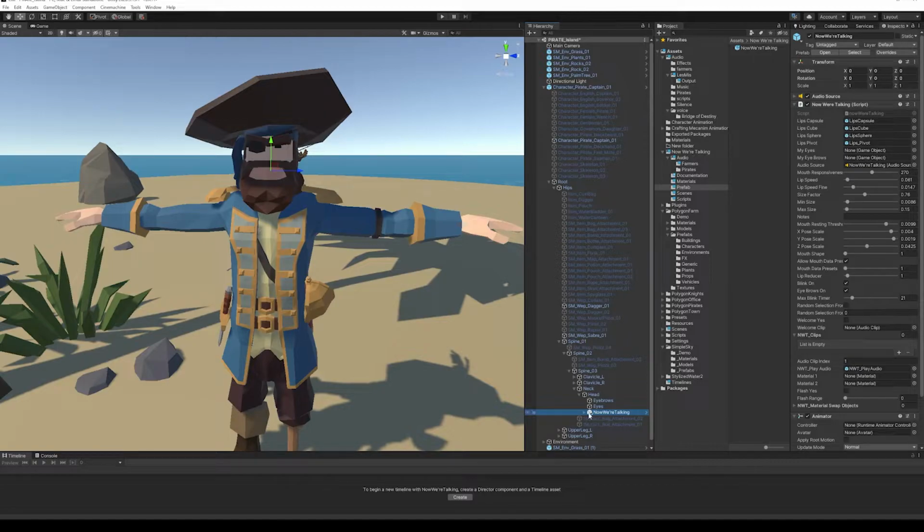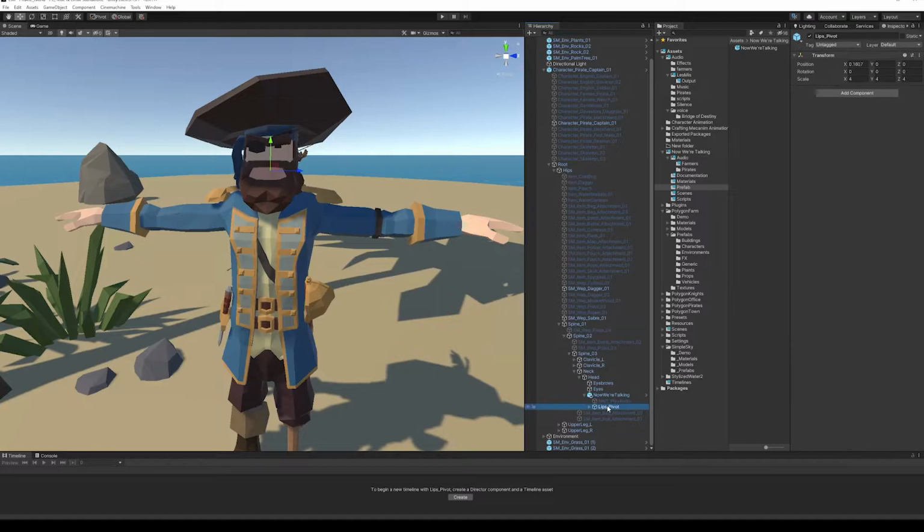0,0,0, 1,1,1. And if you open it up and have a little look at the hierarchy of that, you'll see we've got a couple of things. We've got NWT Play Audio, LipsPivot, LipSphere, Capsule and Cube. We're going to look at those in detail in a moment. First thing we need to do is make a slight adjustment for this LipsPivot. Because the root was so small, we're going to have to just grow this a bit, so it's actually quite small, and I found that 150 is more or less what we need